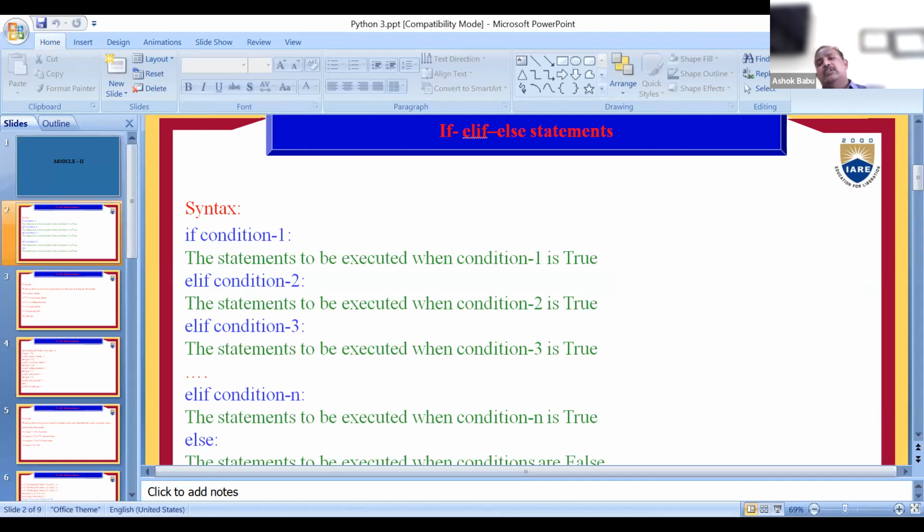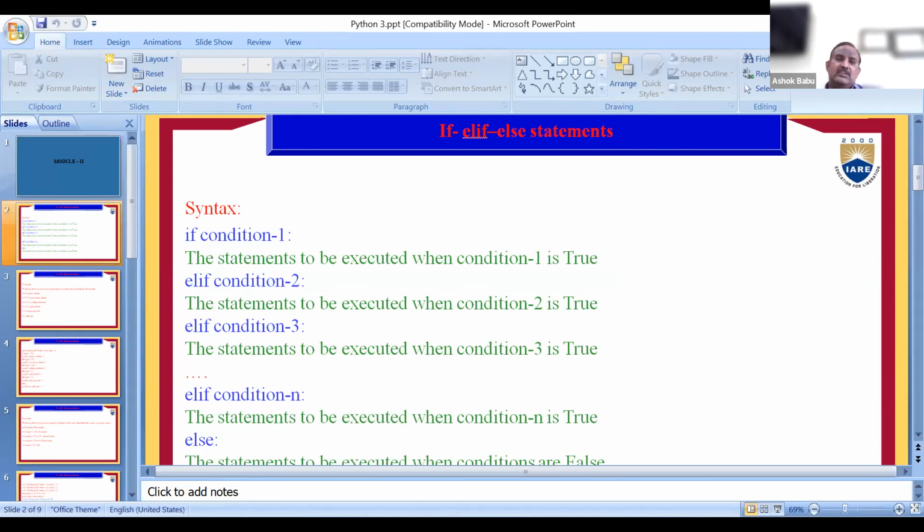So it will check up to the n conditions. If all the n conditions are false, then it will go for the final one, else, and execute the statements to be executed when conditions are false.